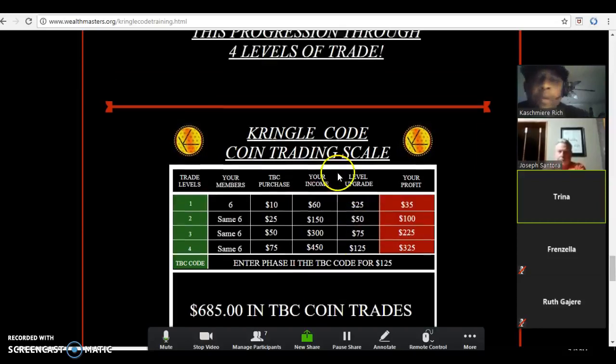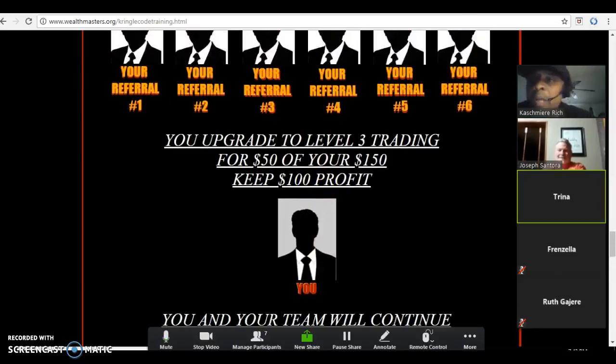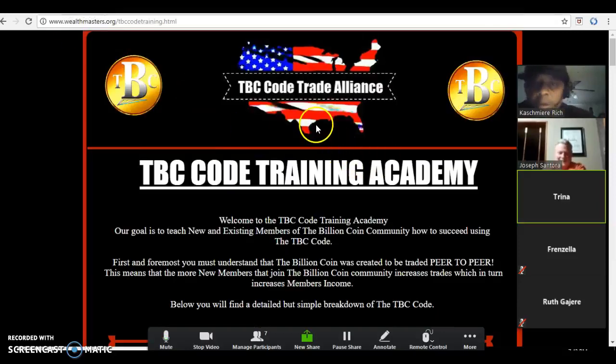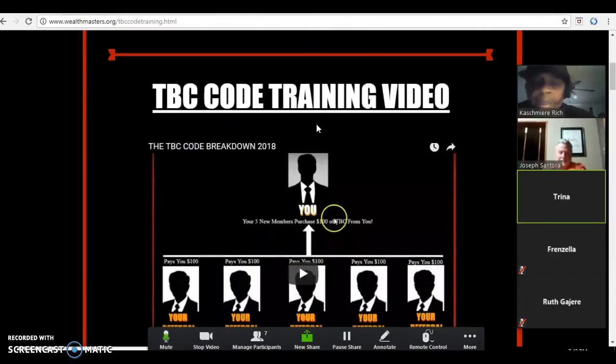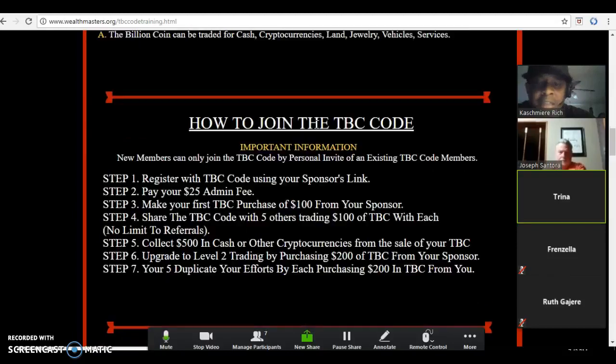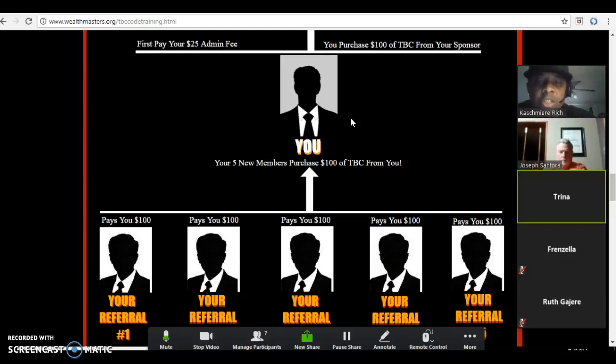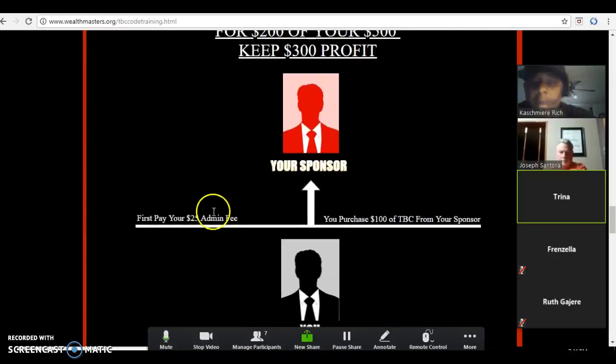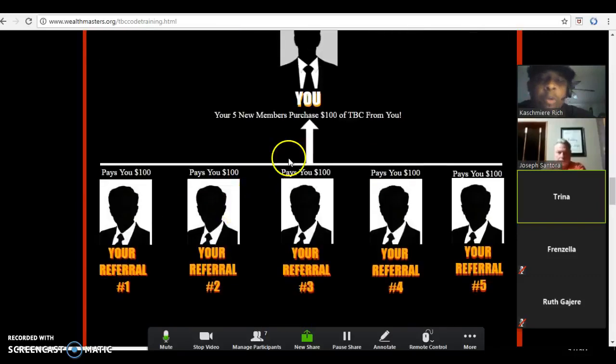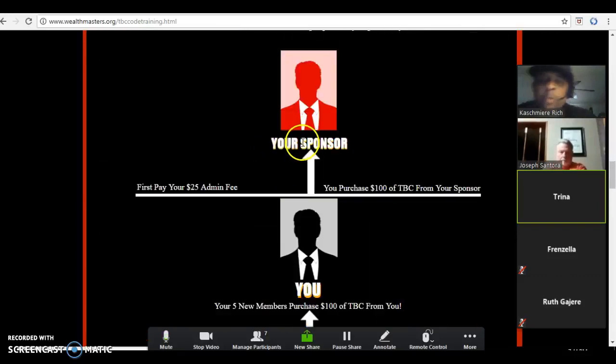All right. Very well. Silence means we got it. Okay. So now, moving forward. Going into the TBC code, same thing applies, right? Looks exactly the same. But we're going to scroll down here and get into our upgrade level, which is super duper important, guys. Now down here where you see this where it says pay the $25 again, discard that. You're only going to pay $25 one time. I'm having them remove that.